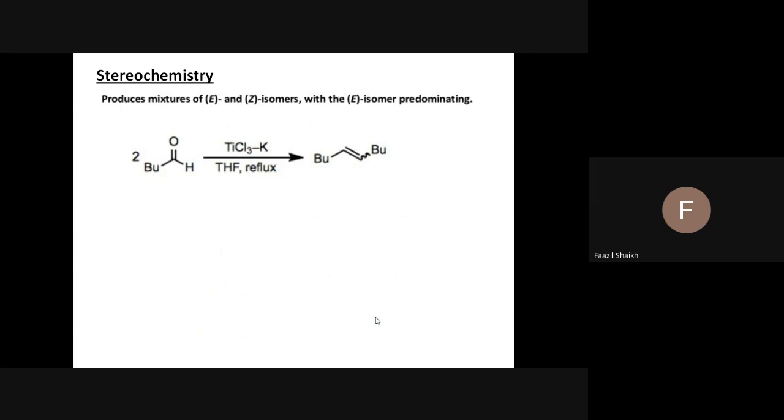If you talk about the stereochemistry of McMurry coupling, it totally depends on the structural skeleton of the molecule. It is not necessary that it will give the E or Z isomer. If it is a cyclic compound, it will definitely form the Z isomer. Otherwise an E and Z isomer mixture will be there. But if free olefins, or free alkenes, are forming, then the E isomer will dominate. What is the reason? Less steric crowding. If the butyl group comes here, there will be repulsion between the two, therefore the cis product is not stable and trans is stable.